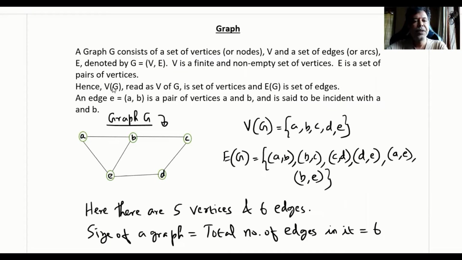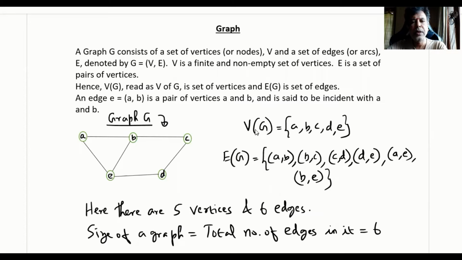Hence, V within brackets G, read as V of G, is the set of vertices and E of G is the set of edges. An edge, small e, which is written as A comma B, is a pair of vertices A and B and is said to be incident with A and B. Means if this is called an edge, this edge is incident with vertex A and also incident with vertex